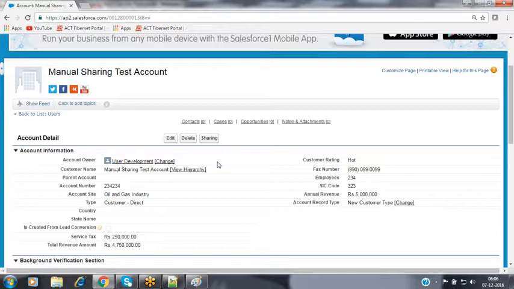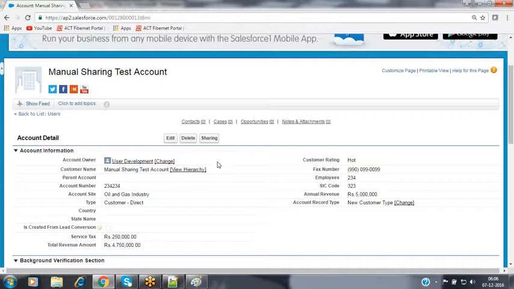As soon as you make that object's OWD private, in order to make the record visible to other users, Salesforce enables the sharing button on every record's detail page inside that object. Whatever records are there in that object, on every record's detail page, the sharing button will be enabled by default. In the interview, they will ask the question: when will the sharing button be enabled? Whenever you make the object's OWD private, then the sharing button will be enabled for you here.